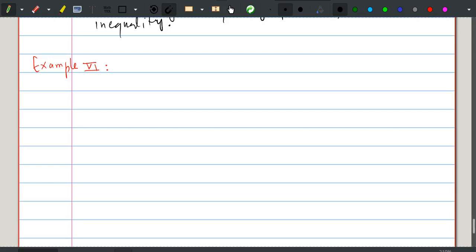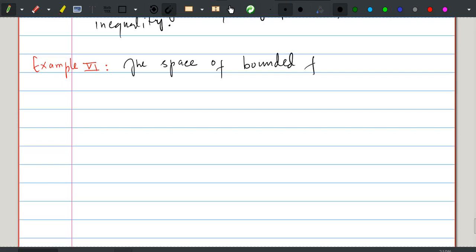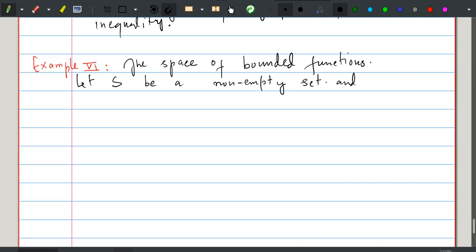This is another metric space, which is a space of bounded functions. Let us consider this set. Let S be a non-empty set, and let us denote by B of S